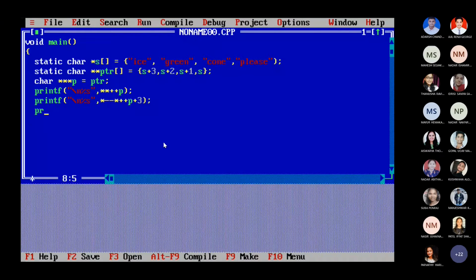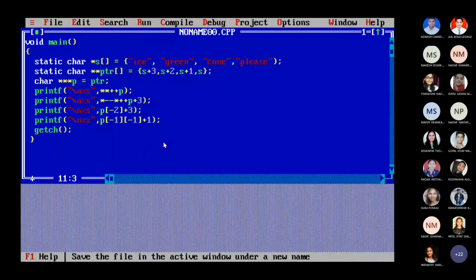And then printf slash n p of -2 plus 3. Then the last one is printf slash n percentage s comma p of -1 plus 1, and then at the end I'll write getch.